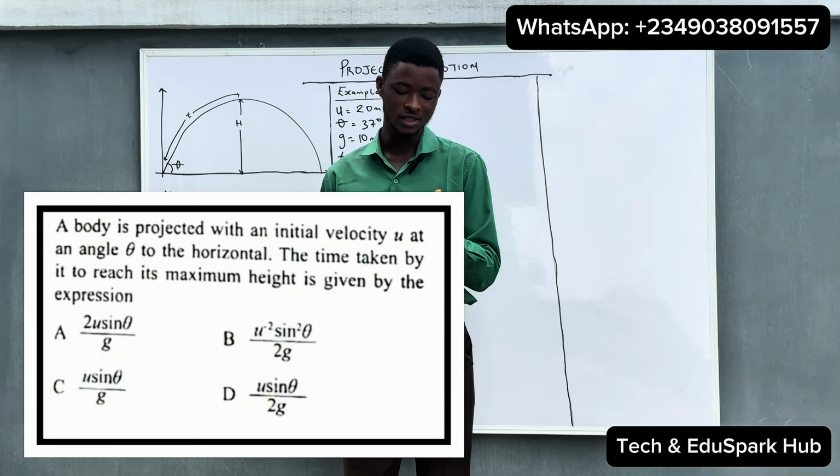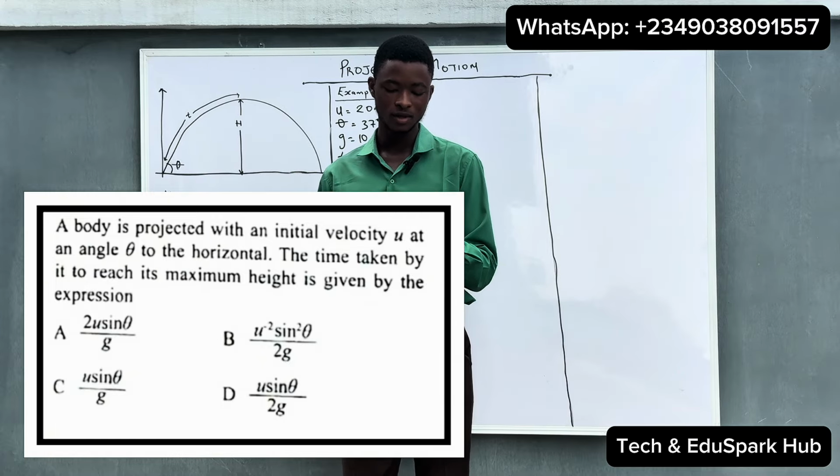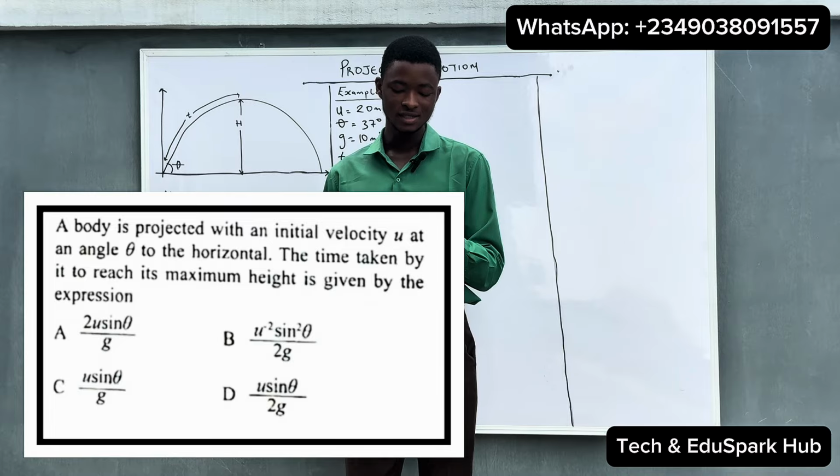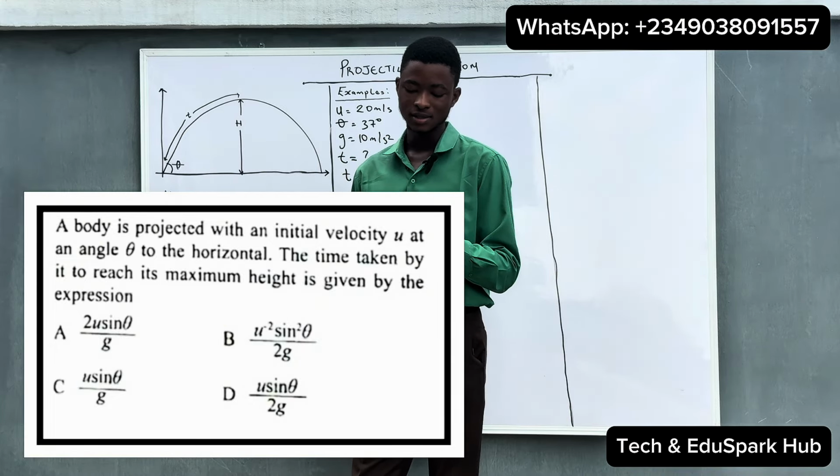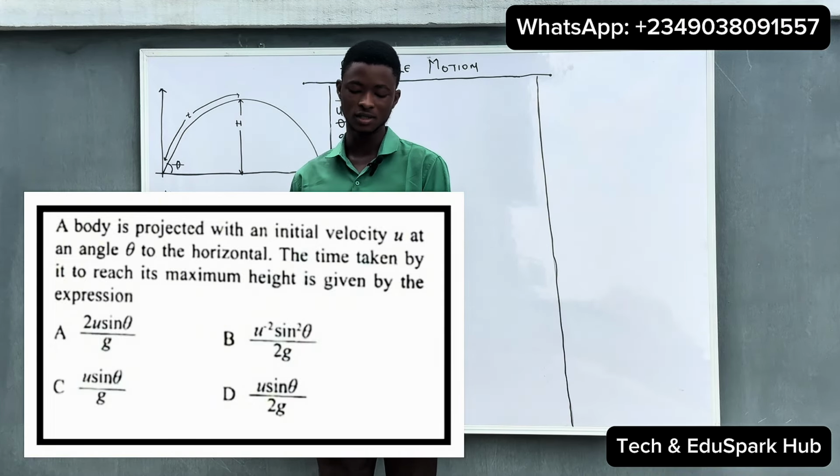u at an angle theta to the horizontal. The time taken by it to reach the maximum height is given by the expression: A, 2u sin theta over g; B, u square sin theta over 2g; C, u sin theta over g; and D, u sin theta over 2g. So from this question, you can see they are asking us for the formula for time taken to